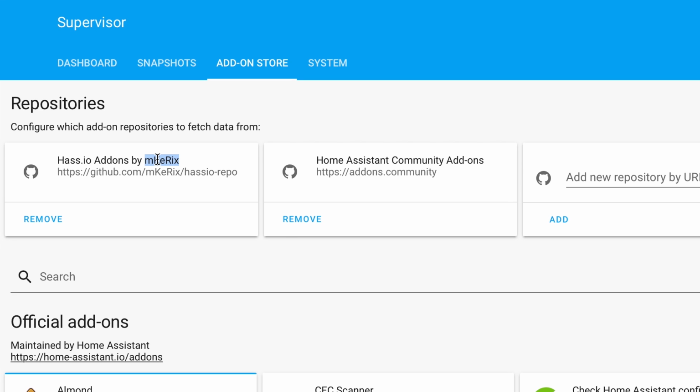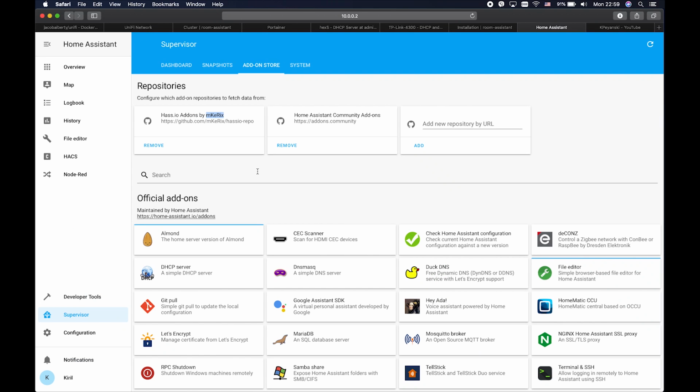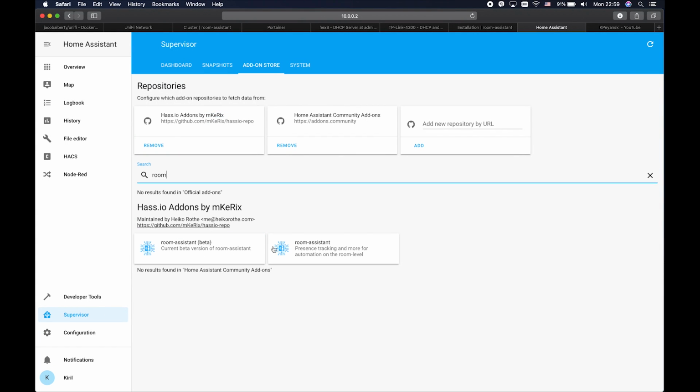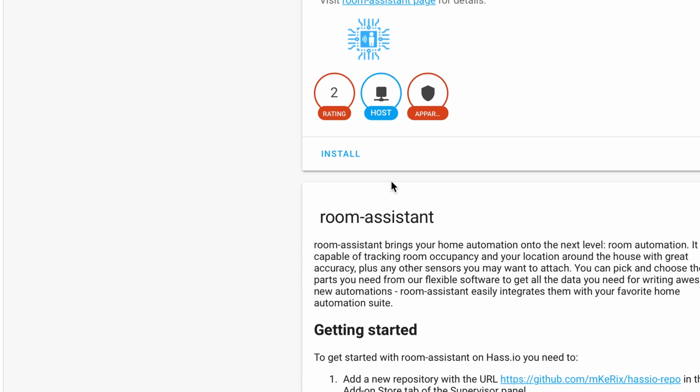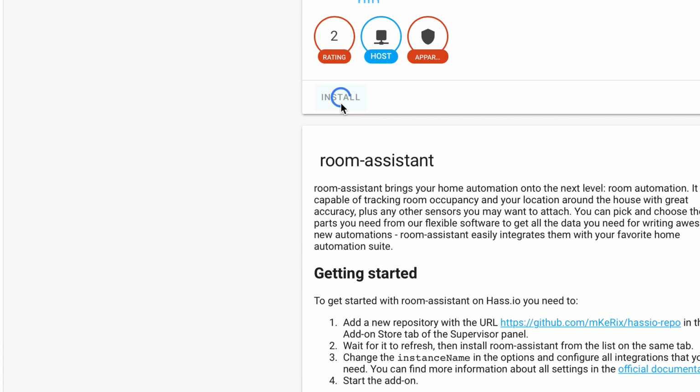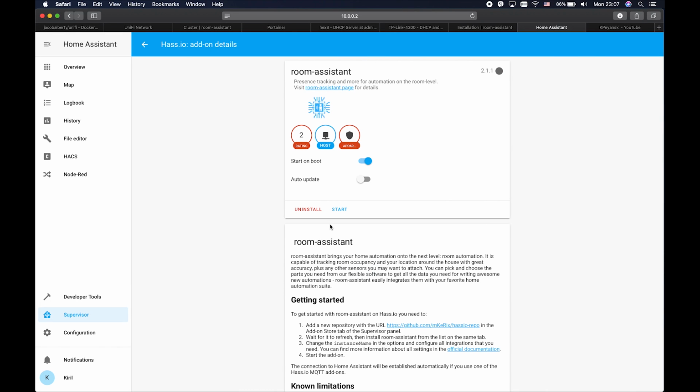Actually, this is the same guy that creates the file editor, so very good tools we have. Now I'm going to search for Room Assistant. I don't want the beta, I want the stable release, and I'll hit install. I will fast forward it in order not to waste your time. The Room Assistant is now installed.